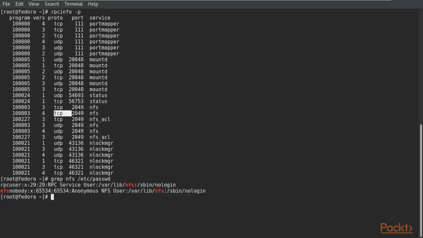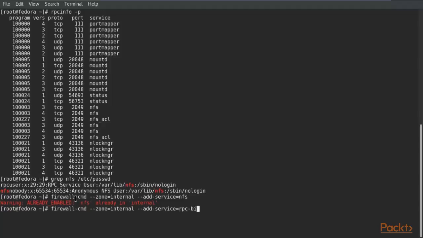Then there were some firewall commands that had to be entered, and those firewall commands were like this. So firewall-cmd, again, this process is documented in the Fedora 24 documentation. So I had to change zones. So --zone=internal, so that the proper ports would be opened up for those services. Add --service=nfs, which I had already done. And then the other one was rpc-bind,